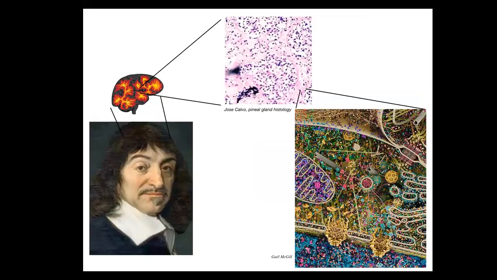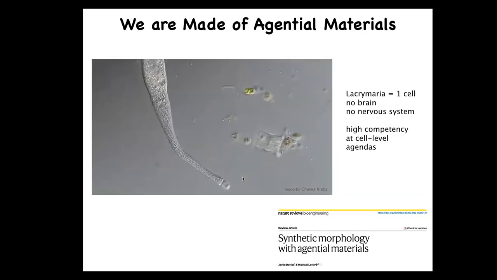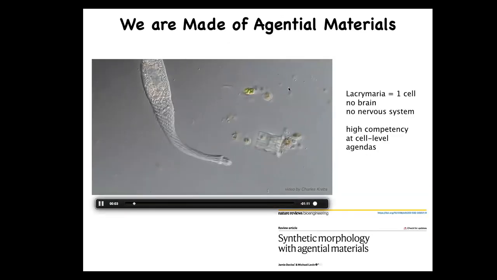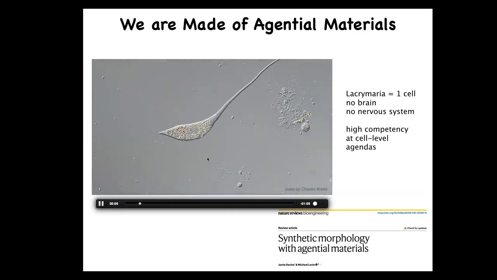And especially, for example, Rene Descartes really liked the pineal gland in the brain, because he said, well, our unified experience as humans, there should be one structure, an unpaired structure in the brain that would correspond to that. But he didn't have good microscopy available to him, and if he did, he would realize that within that pineal gland, there are tons of cells. There isn't one of anything. It's a composite of these tons of cells, and inside each of these cells is all this stuff. So, in fact, we are not as unified as people think. We are collectives at multiple scales. All intelligences are basically collective intelligences made of parts, and this is the sort of thing we're made of.